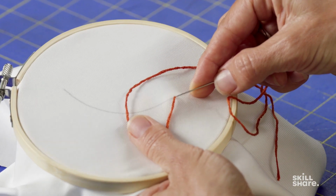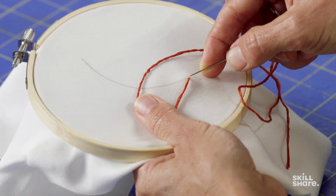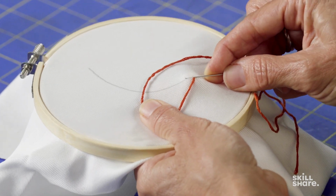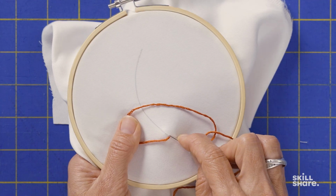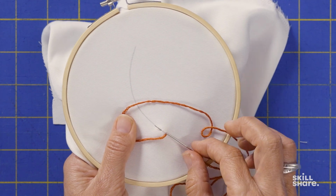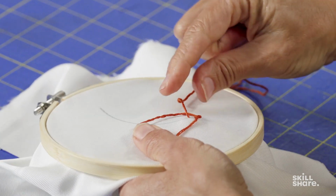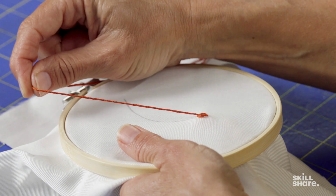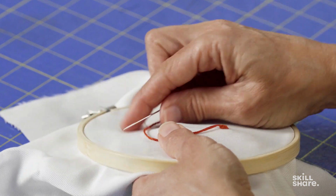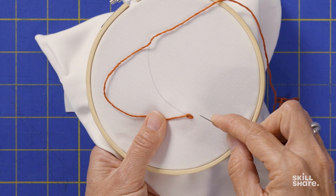You're going to sink your needle down right next to where the thread is coming up and out of your fabric. So this is going to be a down and up motion. You'll sink your needle down, and then you're going to come up from the bottom of the fabric to the top. You're just going to want to create a stitch that's approximately anywhere between 1/3 to 1/4 of an inch down the line that you're stitching. And then you'll just pull the needle through, pull the thread all the way through, and you'll see that you've created a chain